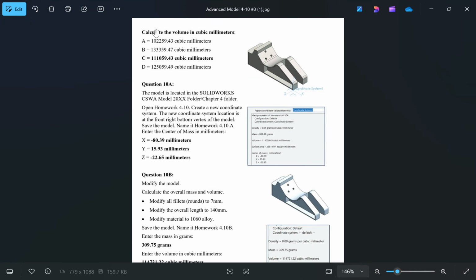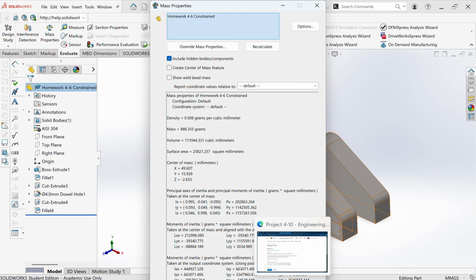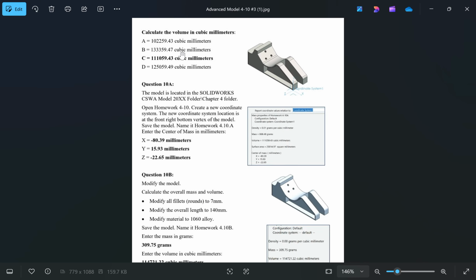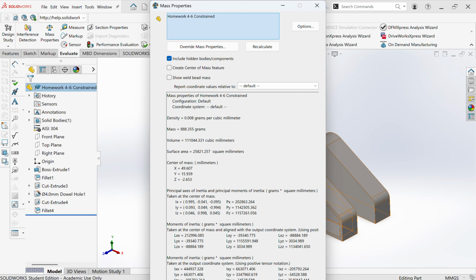All right, part 2. Calculate the volume in cubic millimeters. So let's go to SolidWorks. 111044, 111059. So I checked and 888.48 and let's see, 888.355 are